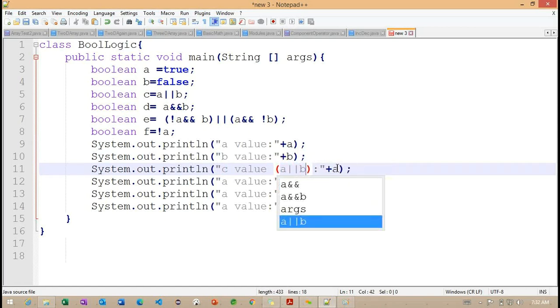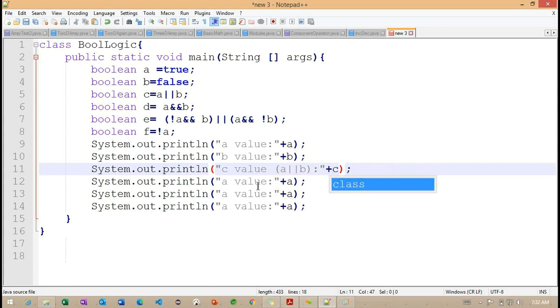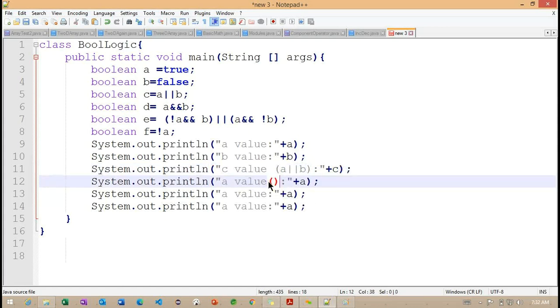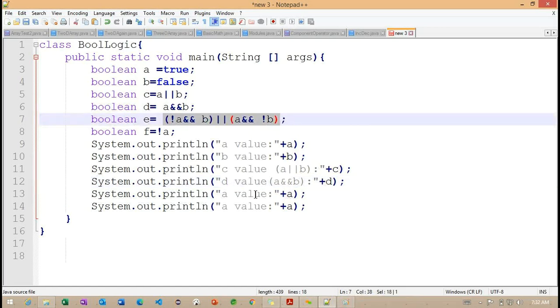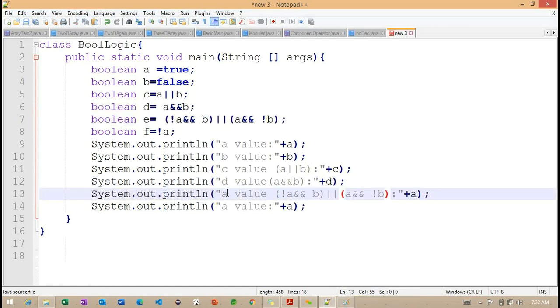So what is the expression we are using here? A OR B. With the help of this expression, what is the value we are going to get? And the same way, the AND condition, and here we are going to return the D value. Finally, I'm going to copy this expression.